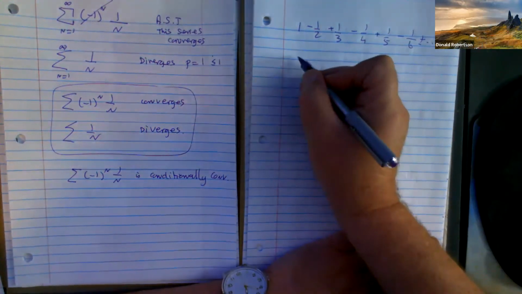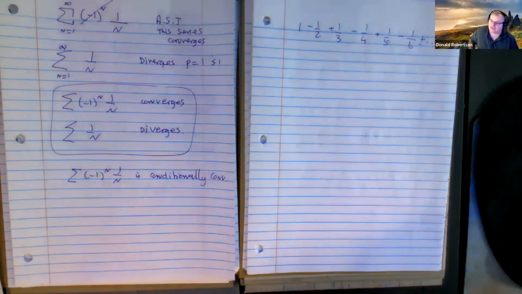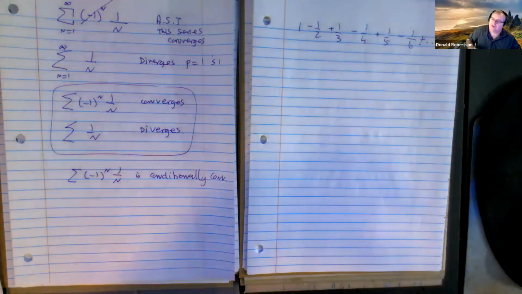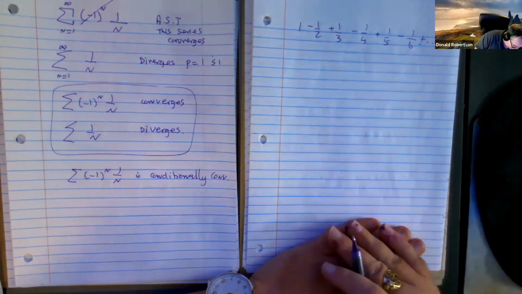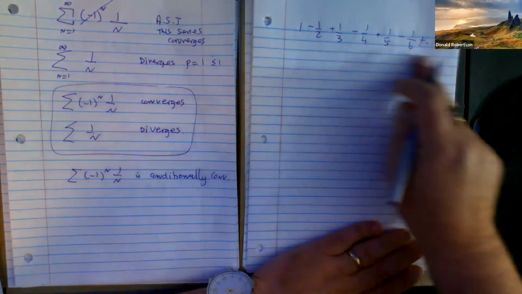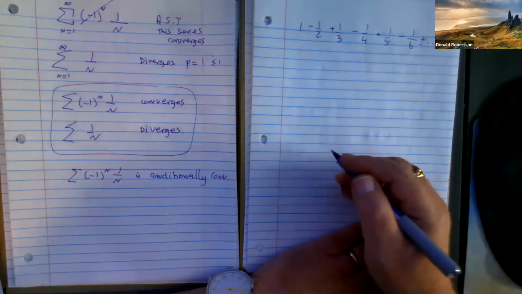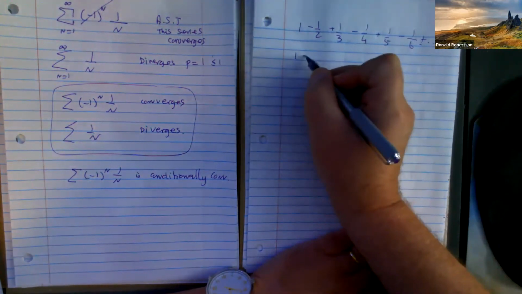Now, if you are a convergent series, shouldn't you add up to something? That's why you're convergent. You add up to a number. And this one adds up to log 2 if you're interested. It should add up to a number. And if you're conditionally convergent, the problem is that if you rearrange the way in which you want to do this calculation, for instance,